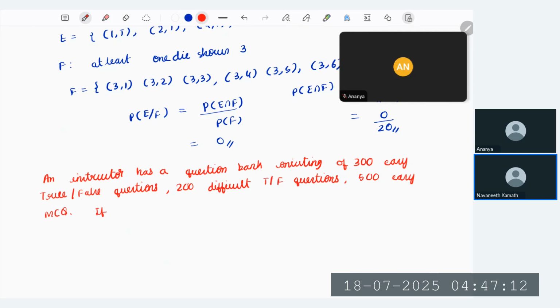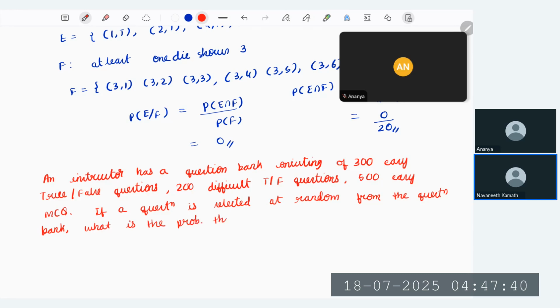That's what is in the question bank. Now, if a question is selected at random from the question bank, what is the probability that it will be an easy question, given that it is a